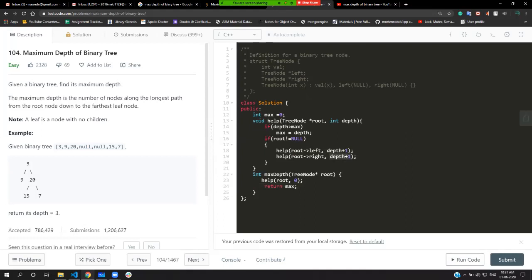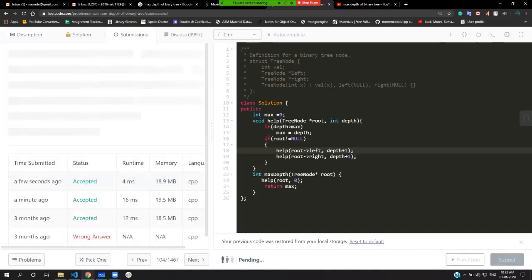If that depth is greater than the maximum depth that we already have, which is initially 0, we update the max. In this way we keep increasing the max value every time a depth is greater than the current maximum. Okay, so let me submit this quickly.